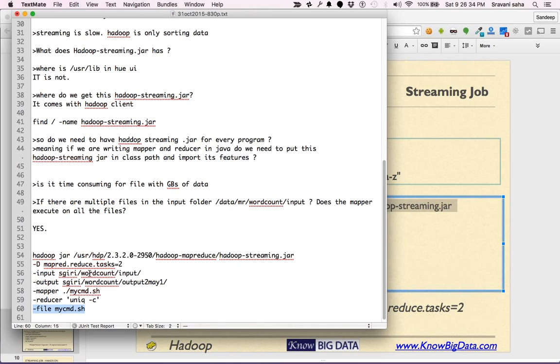So before our mapper is executed, the file mycmd.sh is copied on all the nodes. That also means that if you have some legacy code in your organization that you want to execute as a mapper, you can simply ship it by using the -file option.